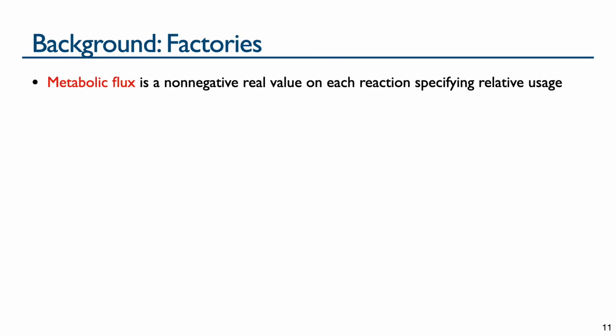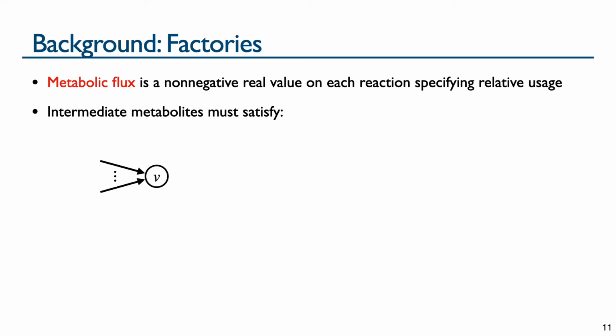I now want to introduce the idea of metabolic factories, which are a hypergraph model for pathways, which specify a flux for each reaction in the network. Flux is the relative usage of a reaction in a metabolic network and is represented by a non-negative real value for each reaction. All intermediate metabolites, which are not sources or targets, must either satisfy conservation, which here you want the influx to equal the outflux, which is the total flux on incoming edges equaling the total flux on outgoing edges,